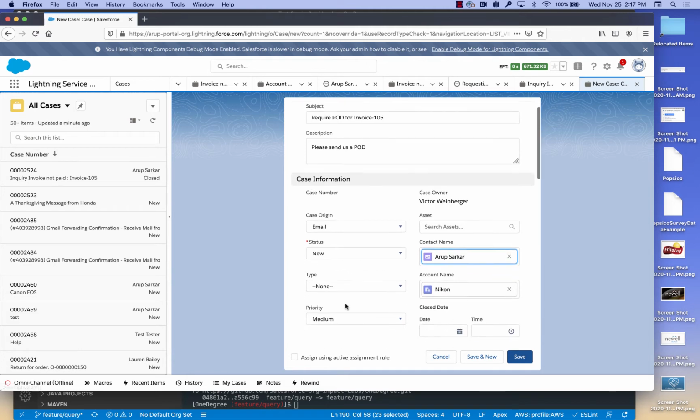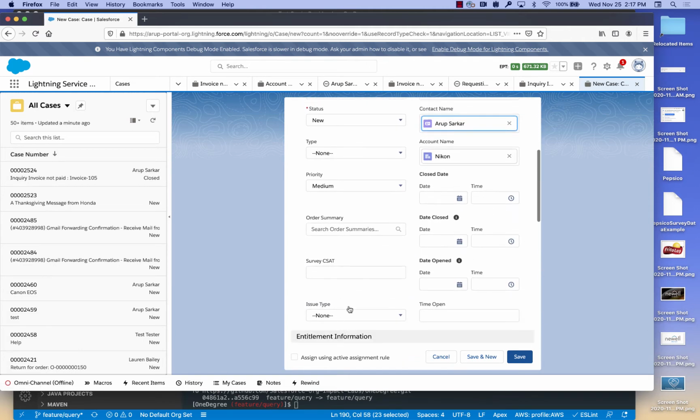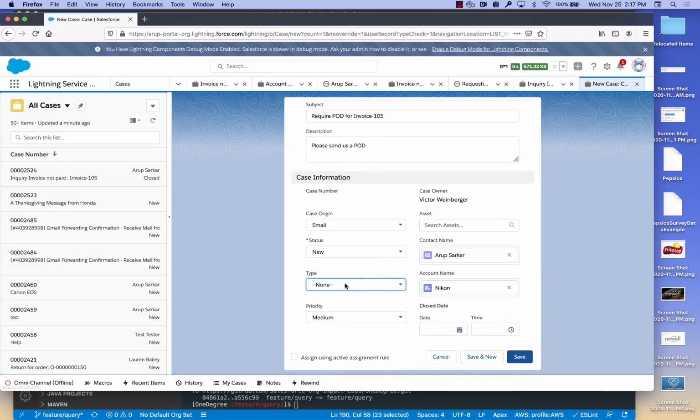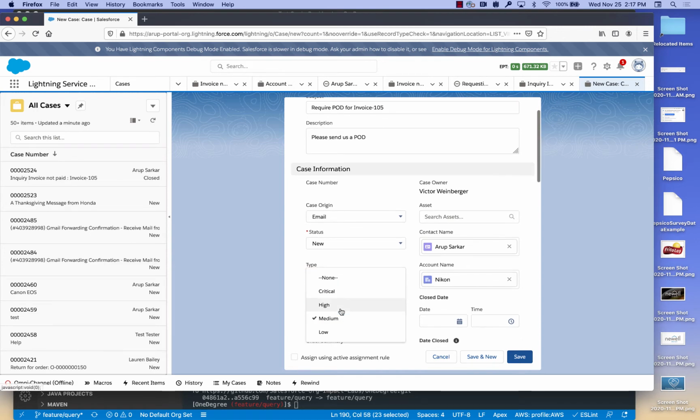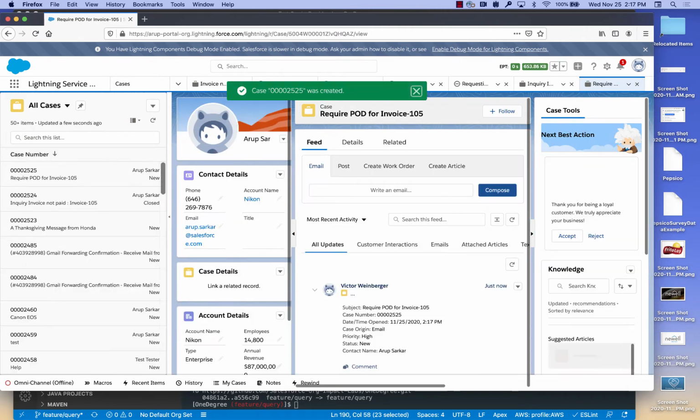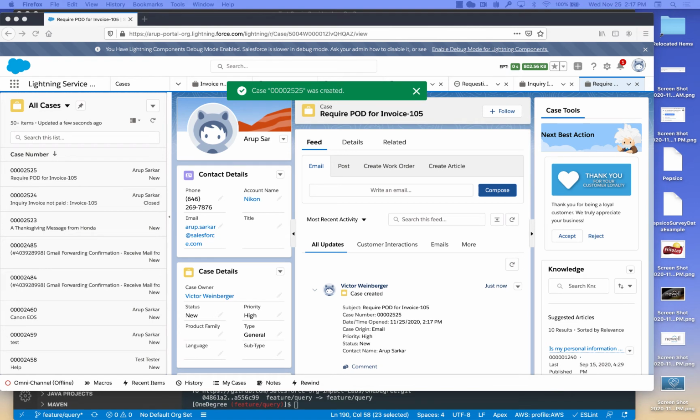And the status is new, it's okay, but the most important thing is that we let him open with an open invoice status, okay? I think we have all the information at this point of time. Type could be account support or general, whatever you put, you could make this as high. So now Victor from B&H is opening up this case. Okay, once the case is open, Victor can go in and